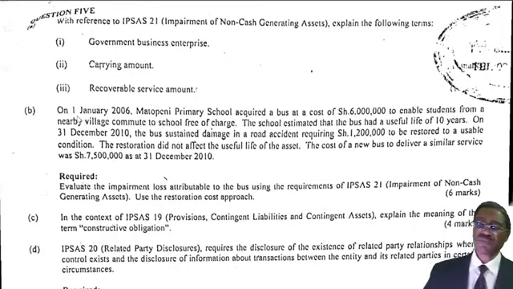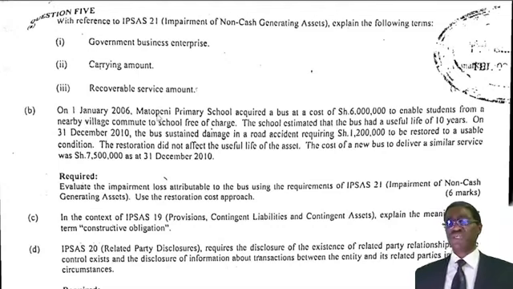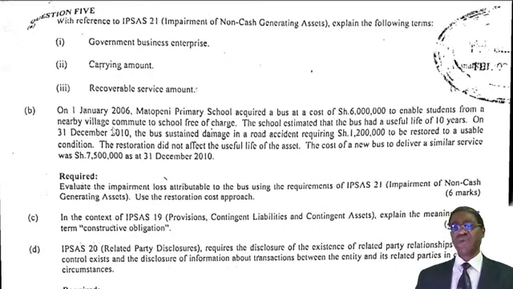Which says, on 1st January 2006, Matopeni Primary School acquired a bus at a cost of 6 million to enable students from a nearby village to commute to school free of charge. The school estimated that the bus had a useful life of 10 years. On 31st December 2010, the bus sustained damage in a road accident, requiring shillings 1.2 million to be restored